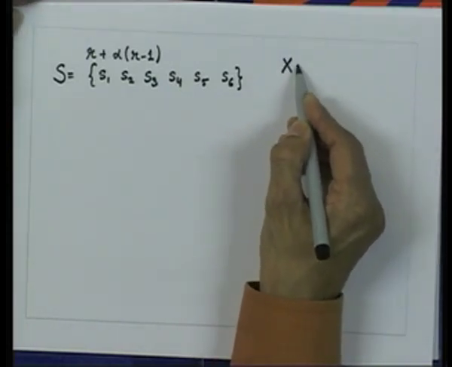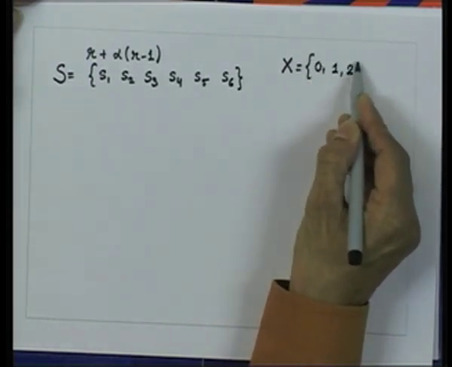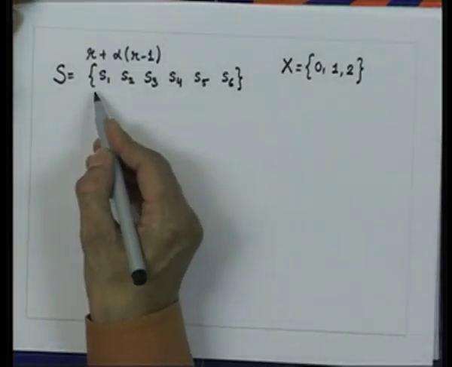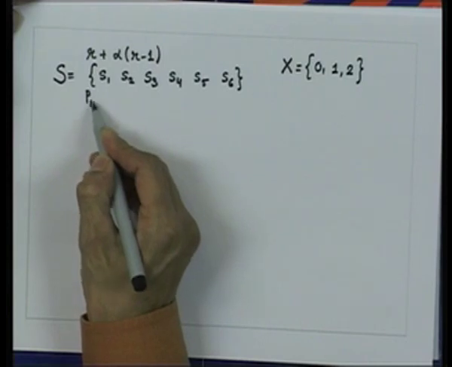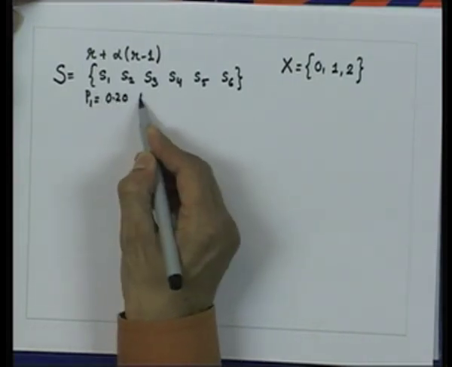So, the code alphabet is 0, 1, 2. So, let us assume that probabilities have been given to us as 0.2, probability of